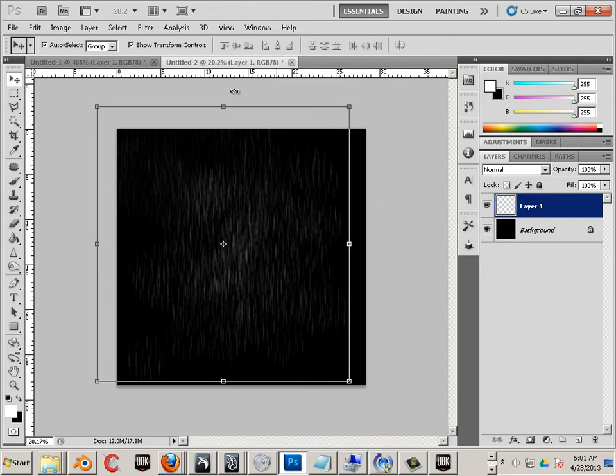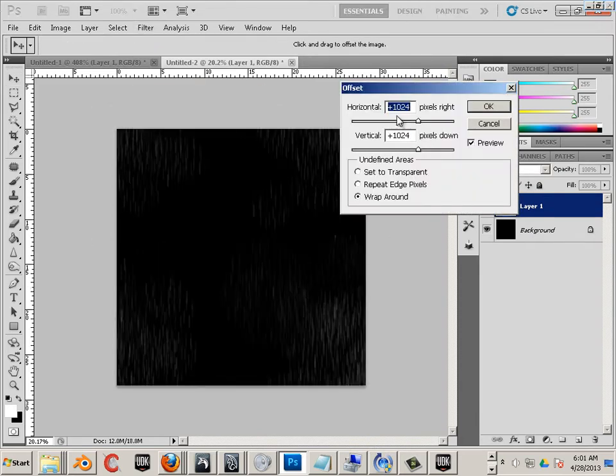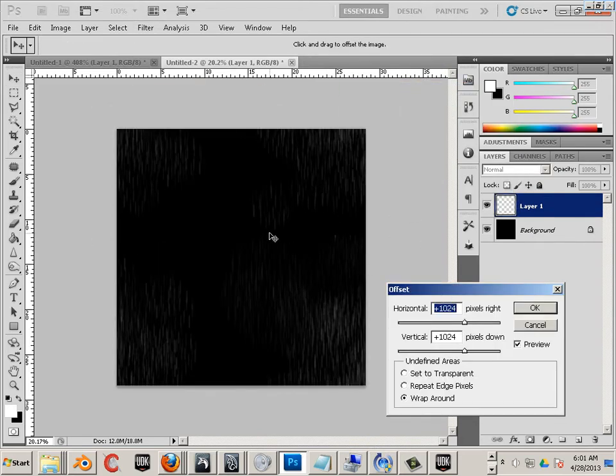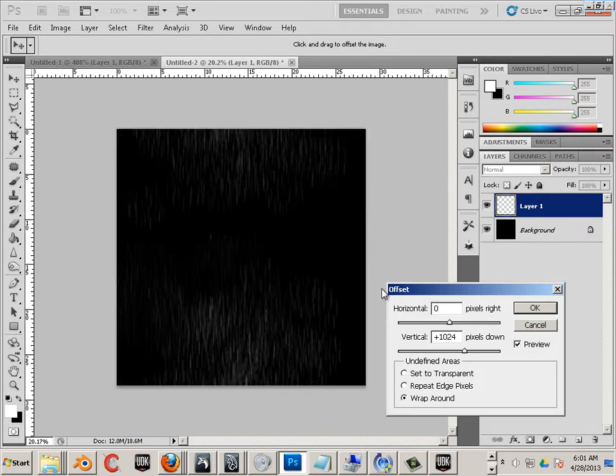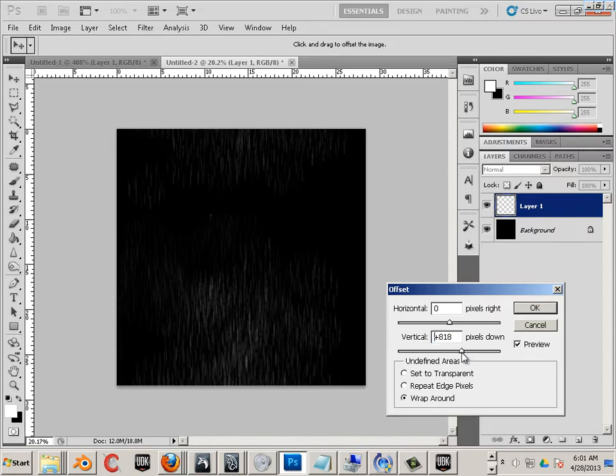And what I'm going to do is go to Filter, Other, Offset. What's a feather? And now I have this. So it's got some blank spots in it, and I don't want any horizontal movement. I'll just put 0 there. This is what I'm looking at, and I want to have enough to be able to clone. So I'm going to just kind of move this up,